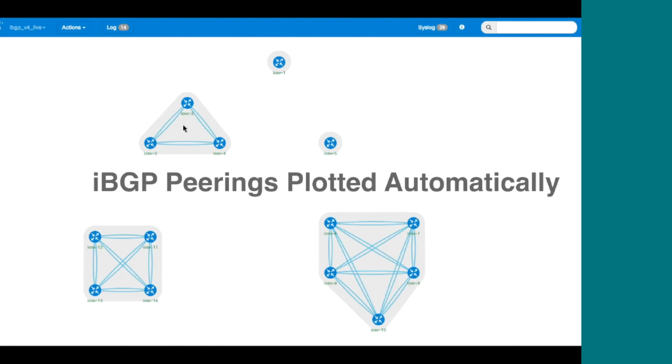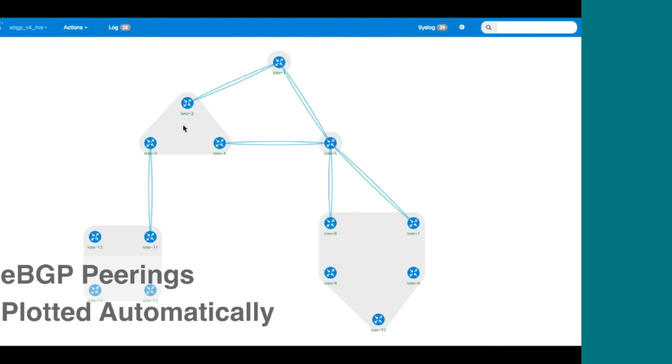So if we go back here, IBGP, of course, is just within the network. We've just got a full mesh set up here. And then EBGP is going to be between each of those AS networks. So that all comes automatically just by changing the overlay. If we want to run it again, if we've changed the topology, you can just go actions and then run BGP or OSPF or whatever command. And that will then send the collection command and then trigger the rest of the workflow to automatically get updated.